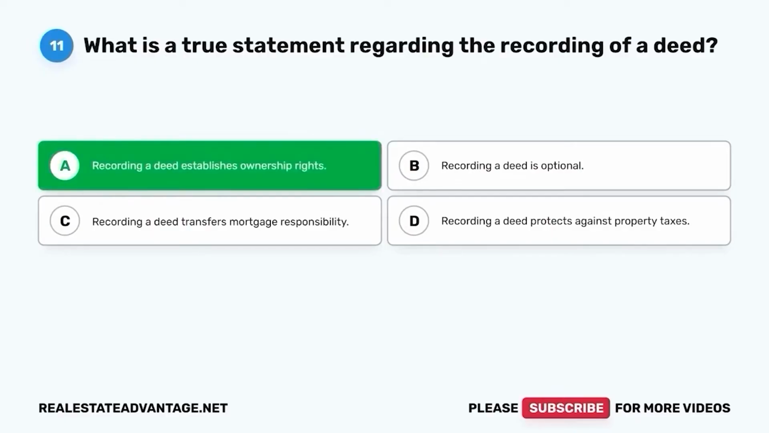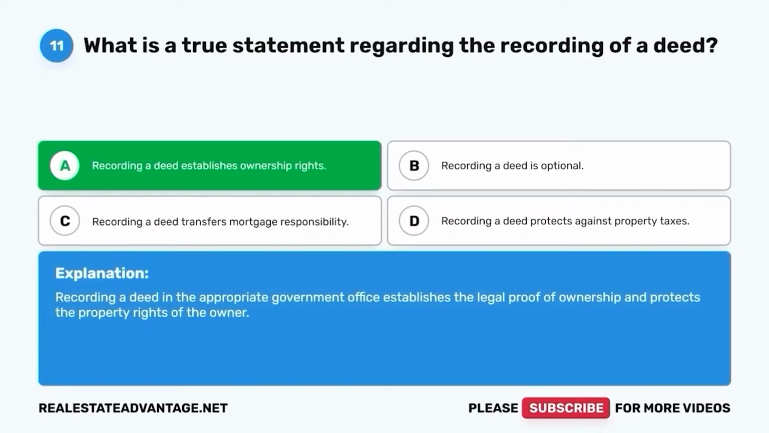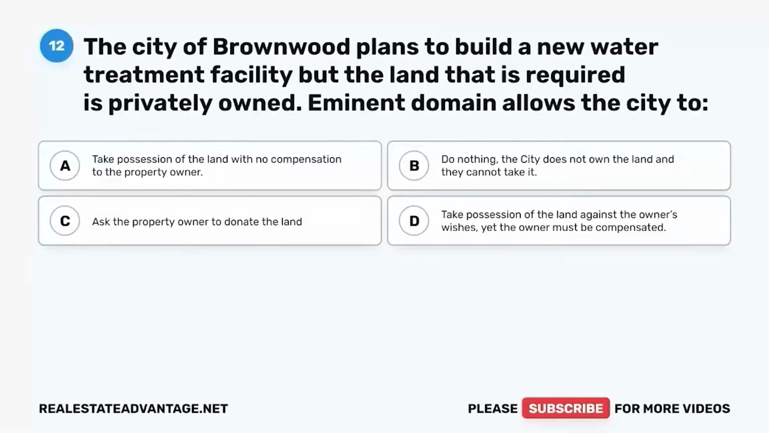The correct answer is A. Recording a deed establishes ownership rights. Recording a deed in the appropriate government office establishes the legal proof of ownership and protects the property rights of the owner. Question 12. The City of Brownwood plans to build a new water treatment facility, but the land that